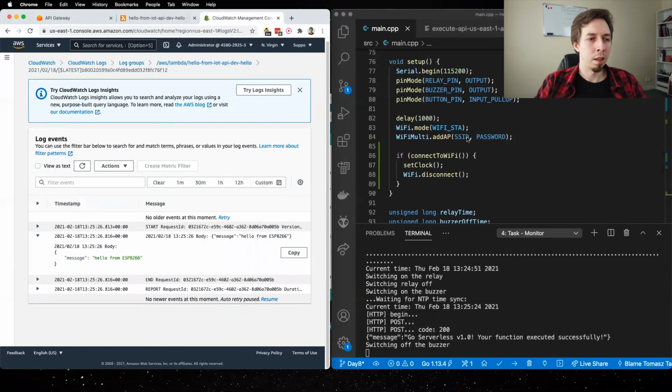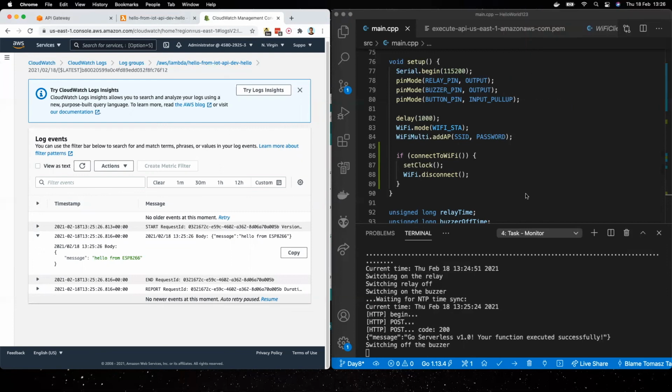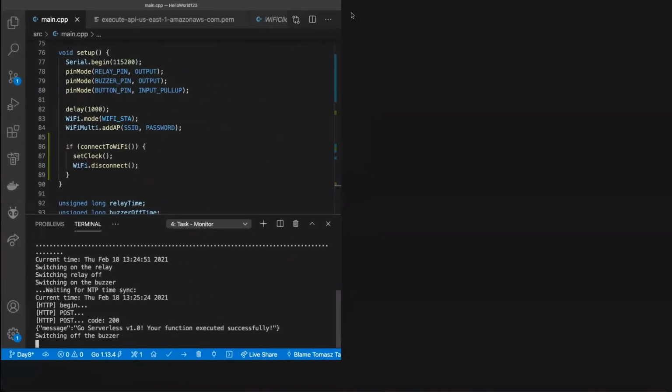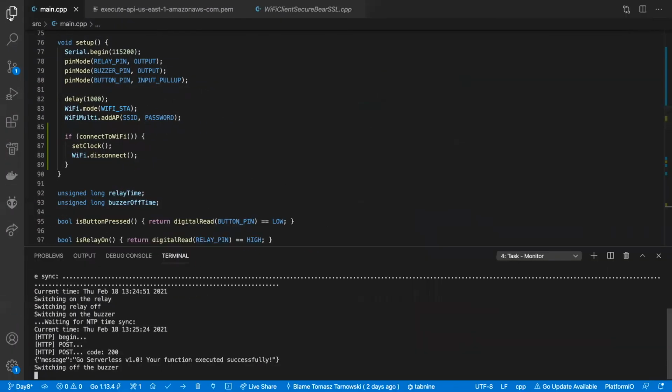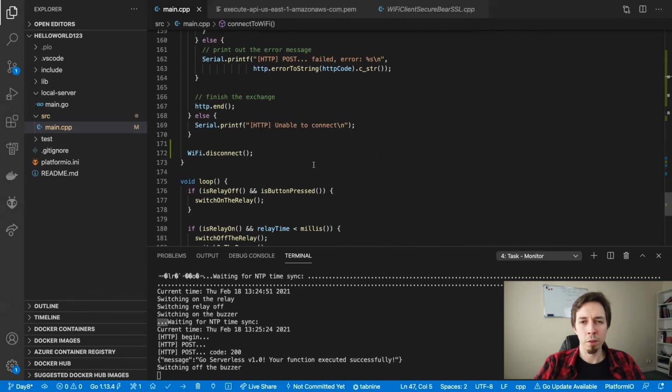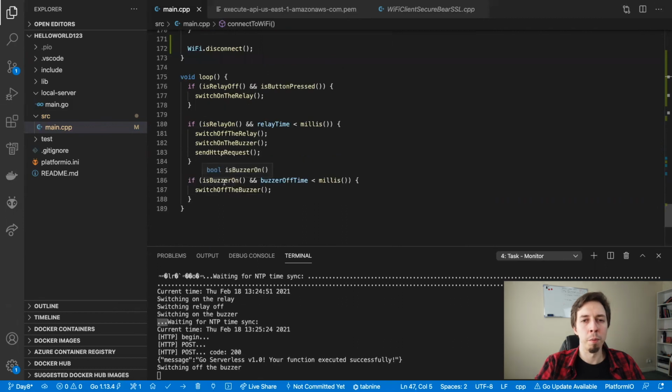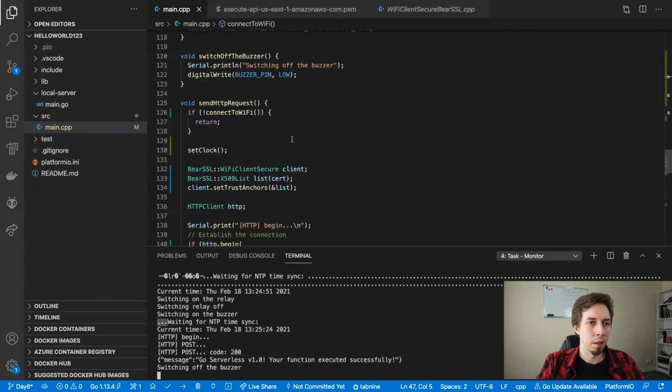So that's the entire, that's what you need to do to make a secure request to an internet hosted web service. Of course, this code is not perfect. Let me just go back to this view. I'm not sure, but you probably noticed that the buzzer was on for more than 2 seconds. Those 3 dots in here tell us that it was at least 3 seconds. They come from